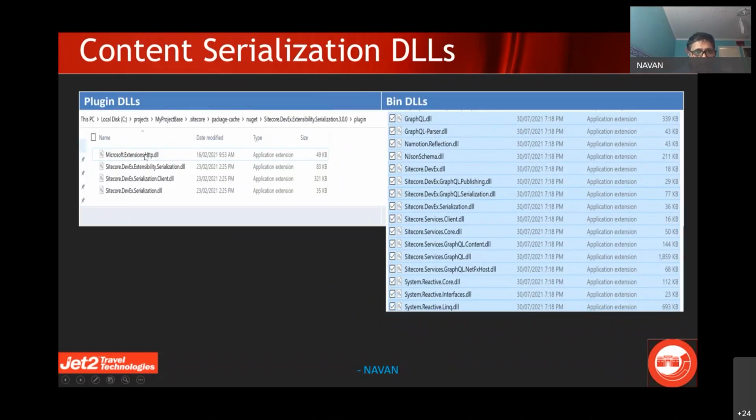And then you have the client DLLs, which sit in a subfolder within your development folder, from where you actually issue the commands to serialize. The left side is the folder where you have all these plugin DLLs, which are the client-side DLLs. This is the place where you have the schema and the module.json, and this is the place where your serialization commands, your pull and push, go to finally.